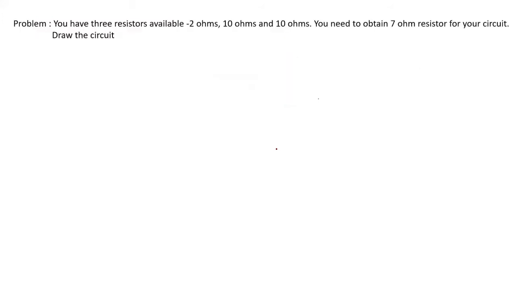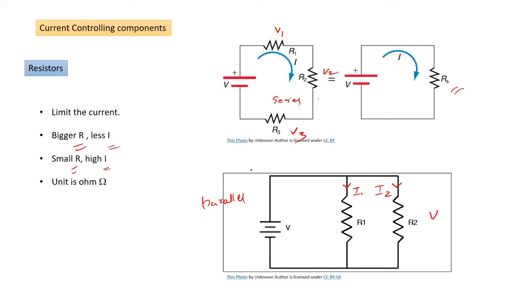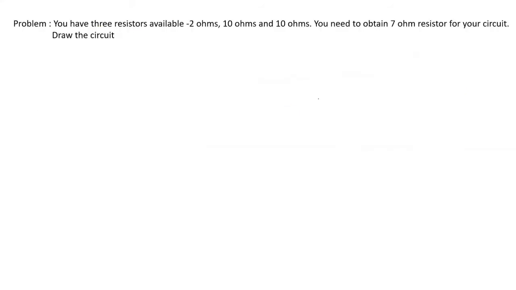Okay. So we have already the formulas like RS is equal to R1 plus R2. You can derive this from Ohm's law, and RP will be R1 times R2 by R1 plus R2. Okay. And the unit is basically ohms. So this everyone knows, I assume.